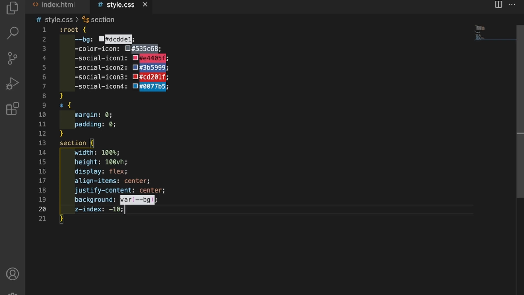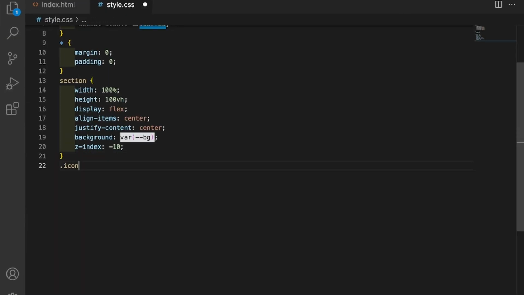And now I will show you the output. Wow, great. So our social media icons come in the center of the screen. And now let's style our social media icons. So here I will write icon list, and